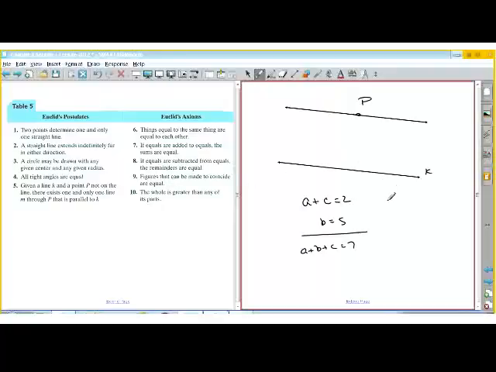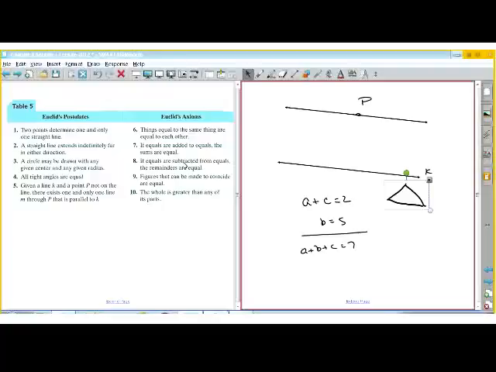Figures that are made to coincide are equal. So what that means is if you have two figures and you can lay them on top of each other, like similar triangles. So if I group those three things together, if they're made to coincide, then they're equal. If you lay them on top of each other and you only see one figure, then they're equal to each other. And the whole is greater than any of the parts. Okay, I'm not sure how you explain that, but anyway, those are Euclid's postulates and axioms,